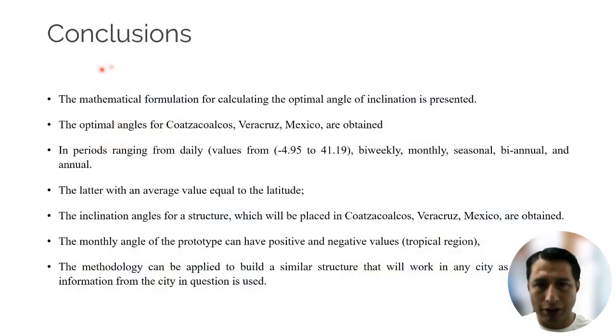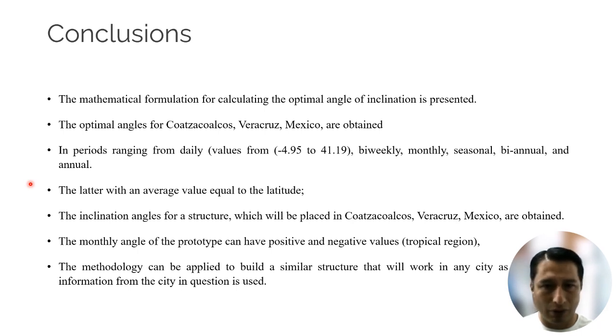Conclusion: the mathematical formulation for calculating the optimal angle of inclination is presented. These angles were obtained for the city of Coatzacoalcos. The periods of obtaining these angles are daily, weekly, monthly, and yearly, where the minimum and maximum values are 4.95 and 41.18 respectively. With the above, we can see that we are correct in obtaining an average equal to the latitude